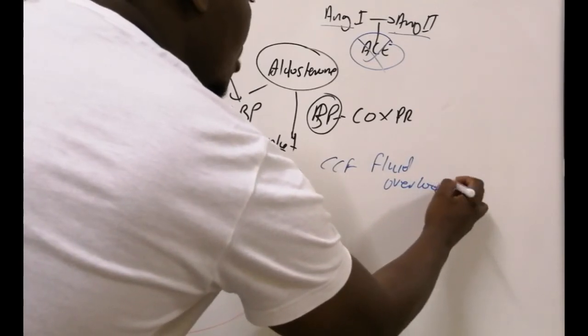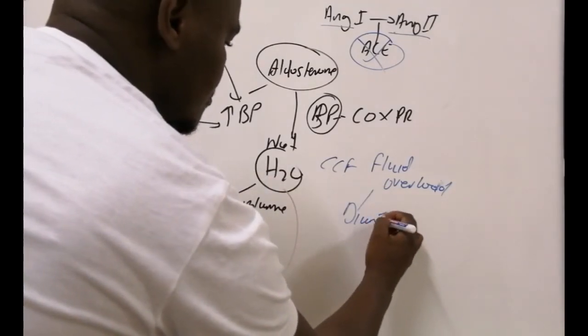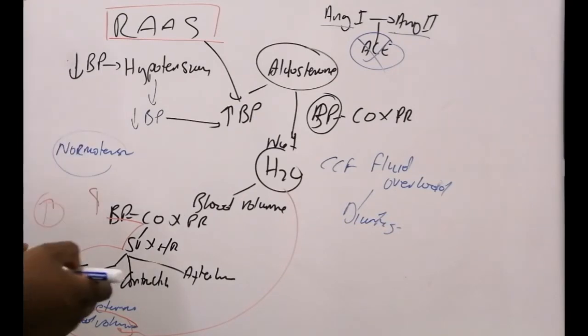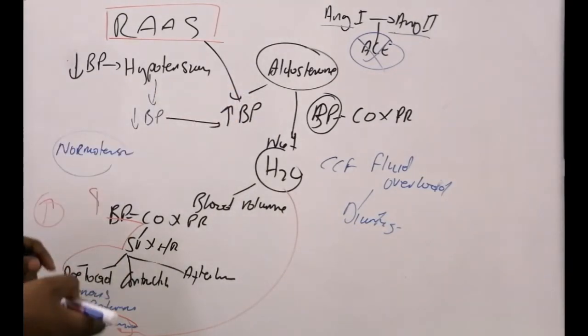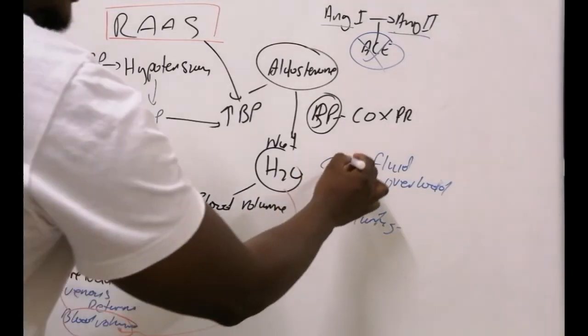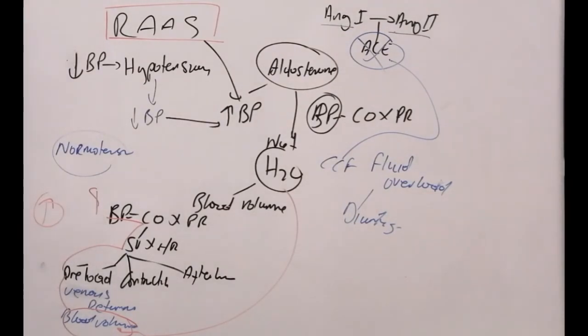Now, when you have fluid overload, you give a patient diuretics. You are giving a patient diuretics because you know that once you can make them pee, they will feel better. Now this system is making sure that they don't urinate. So that's why you also need to use ACE inhibitors for heart failure patients, to switch off this RAAS system, right? Now imagine, even for both cases, you give them diuretics, but you have got